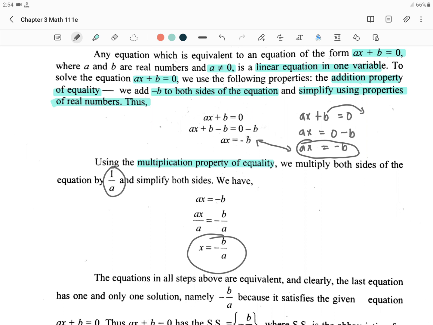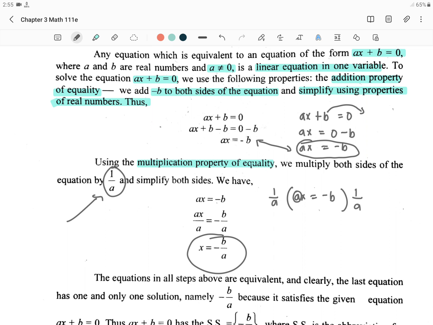So, to clarify things, so I need to rewrite yung nakuha natin kanina na ax is equal to negative b. So, we need to multiply both sides lang daw ng ratio ng 1 over a sa magkabilang sides. Bakit natin ginawa? Or bakit kailangan natin mag-multiply ng ratio ng 1 over a? It is because ang goal natin dito is matanggal itong a dito sa x natin. So, the only way of removing that is by multiplying the ratio of 1 over a sa magkabilang sides ng